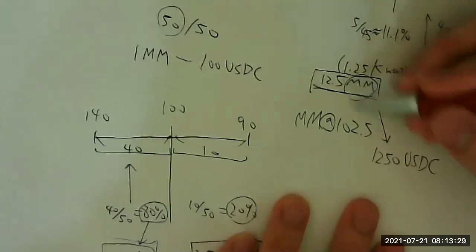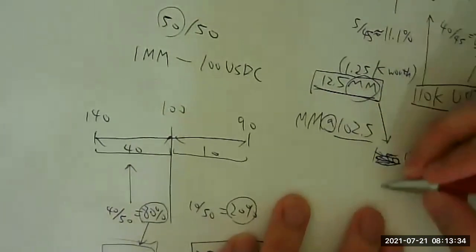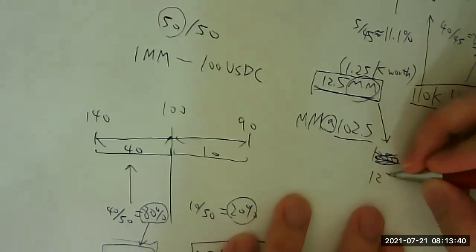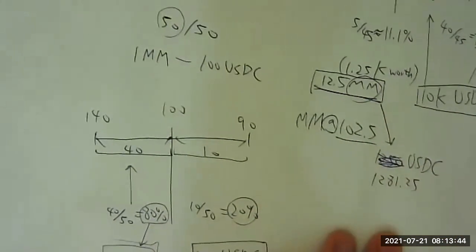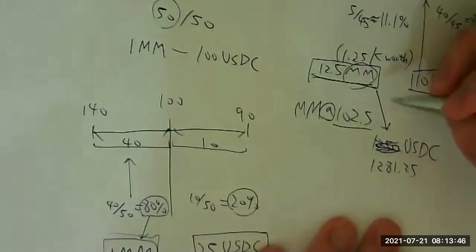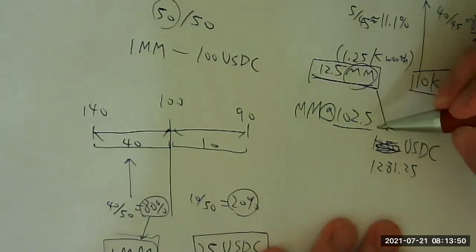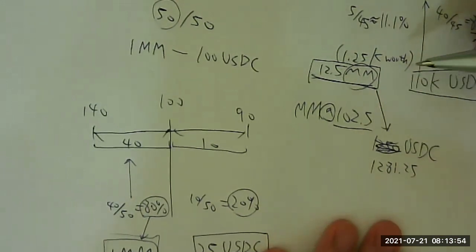It's 12.5 times 102.5, which is 1281.25. Yep. Okay. So essentially, you are not losing anything because the total value is roughly the same,